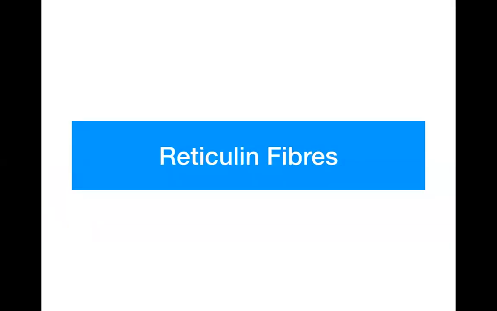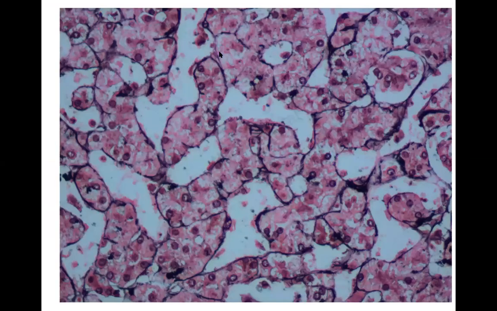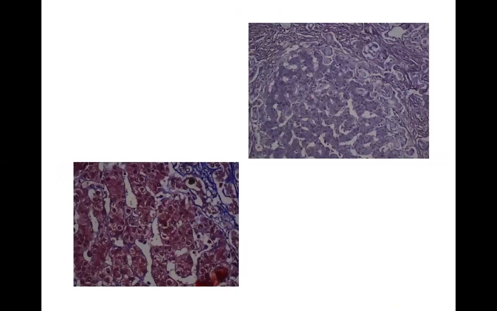The next fibers that we see are the reticulin fibers, and in the reticulin fibers, as we said, they are not seen on histology and they provide support and strength to the cells. So this is like a normal liver. We can't see the fibers here, but if they did not have a network of certain fibers, they would drop out. So they would require a structure which will support the cells here, and that is the reticulin fibers. And this is the reticulin stain which surrounds the liver cell cords and which will be visible only when you do special stains for reticulin.